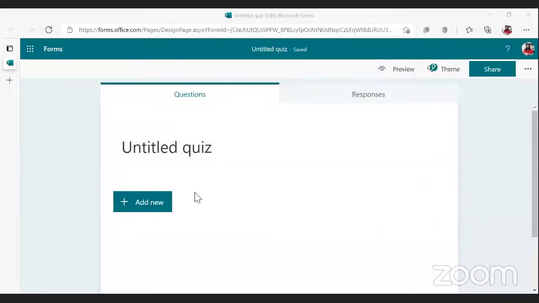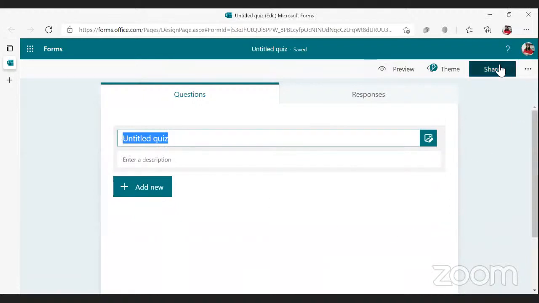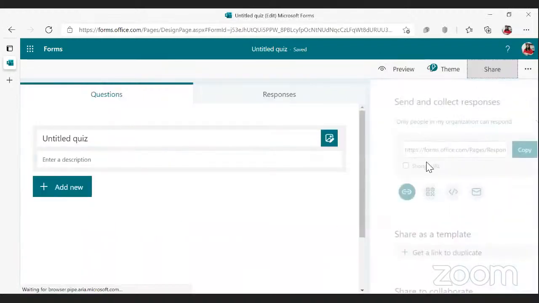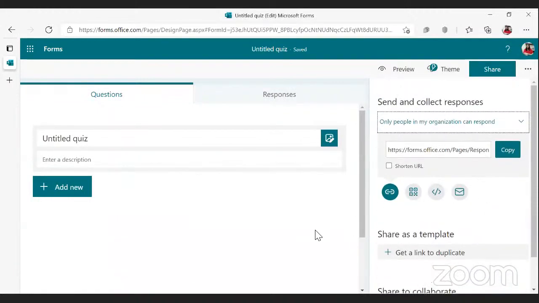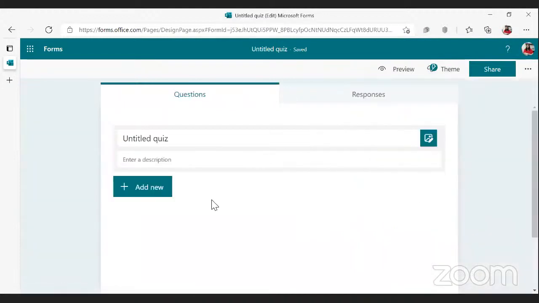Yes, ma'am. So it has come over here. So from here, I will be able to create the quiz and I will be able to share it with my students from the share option, and this link can be pasted over there. As you create a Google form, in a similar way you can create this Microsoft form, but Microsoft Forms has some wonderful options too that I even forgot to tell you when we were doing the class notebook. It's an amazing tool for math teachers. It is just magic for the math teachers. So you'll be able to create it from here.